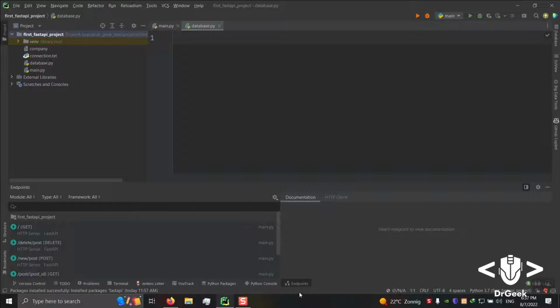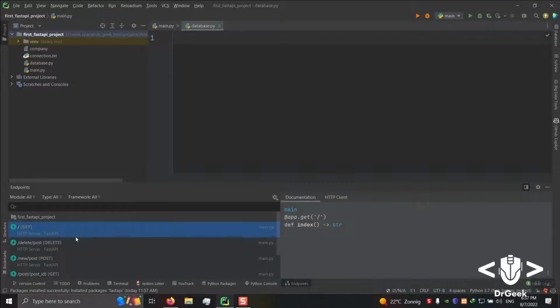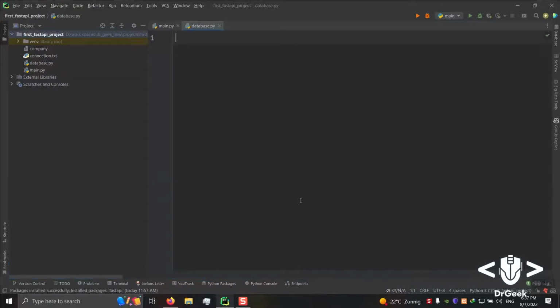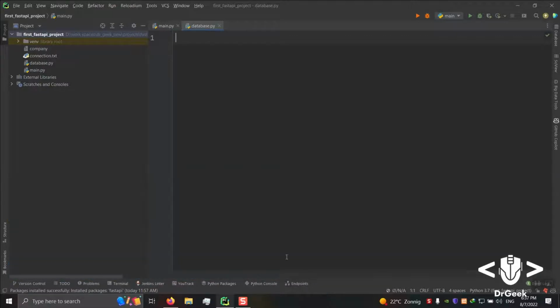There's an endpoints tab on this, which is built, I don't know, by someone, and this is really nice. Okay, I like this. There's a tab where you can see your endpoints around here, and that's totally cool.